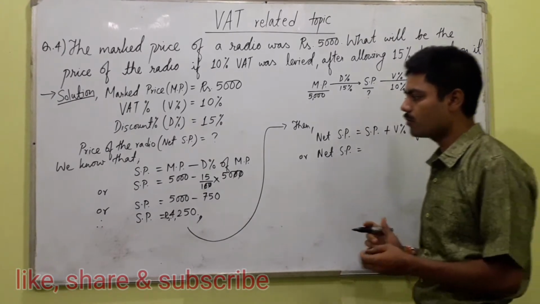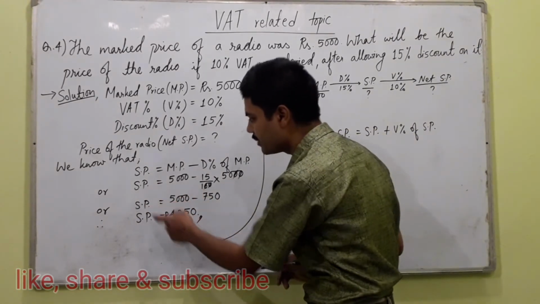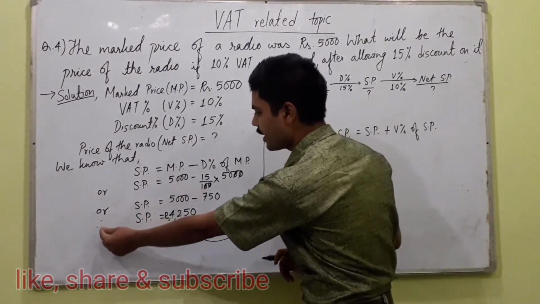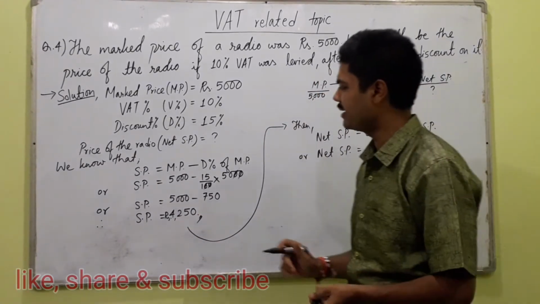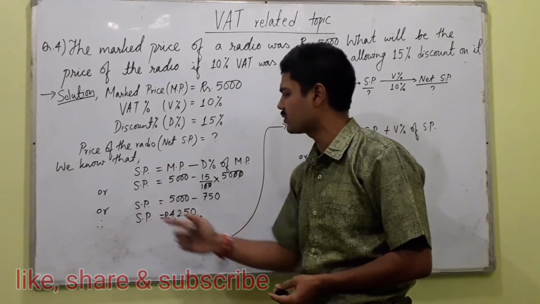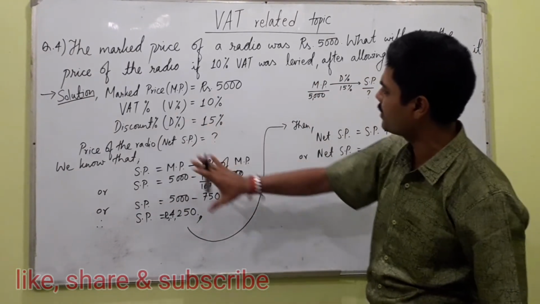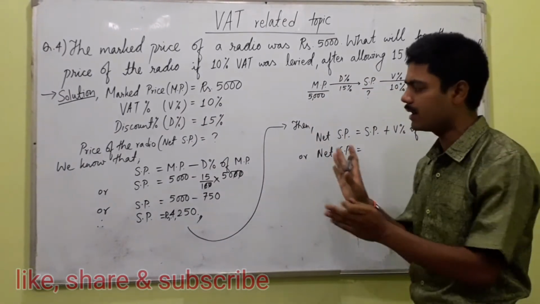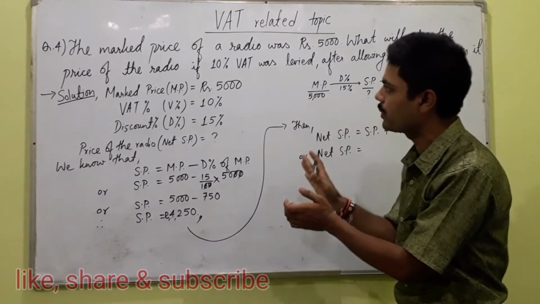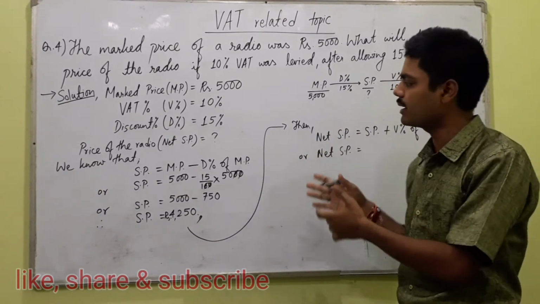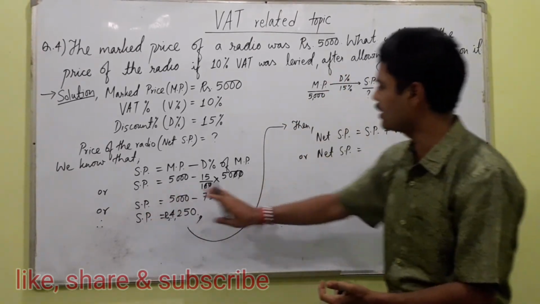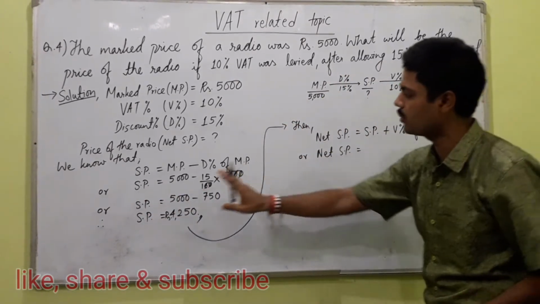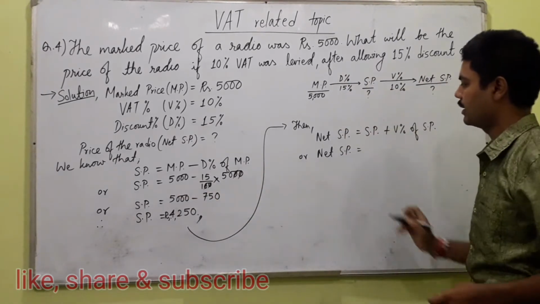I come to know that some of the students don't write SP here in the middle, and just directly write therefore, and finally the answer comes. So let us not be lazy. We can write SP here also. Our exercise paper, our copy looks neat and clean and nice also. Whoever sees your copy can understand your writing and the solution here. So write everything, possible units and possible items needed to be written there.